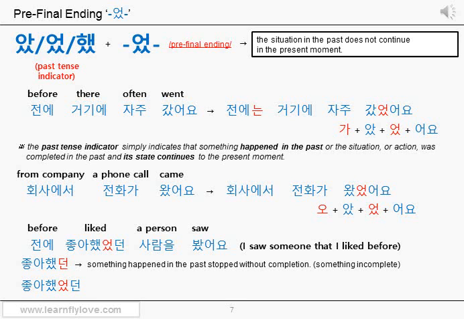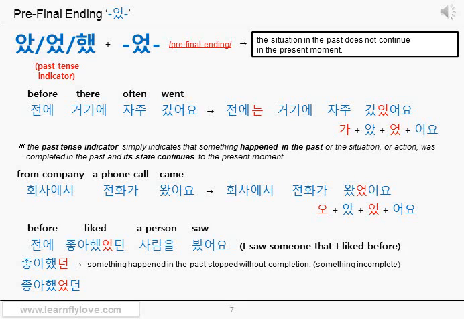던 is actually used to indicate that something happened in the past, stopped without completion. Again, the modifier ending 던 can indicate that something stopped in the past. And it can also indicate that something stopped in the past without completion. It can indicate something incomplete too. So sometimes it can sound a little bit unclear if you still like this person or not.